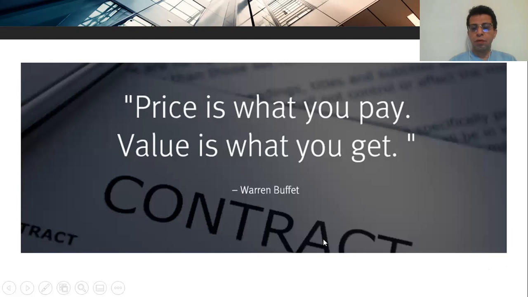Probably some of you know Warren Buffett says a price is what you pay, the value is what you get. So when you're buying something, you're always searching for a value higher than the price that you are paying, or at least matching the price.